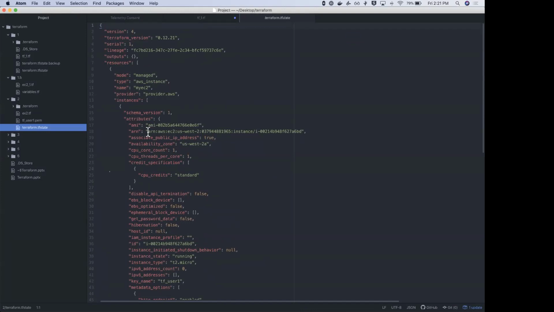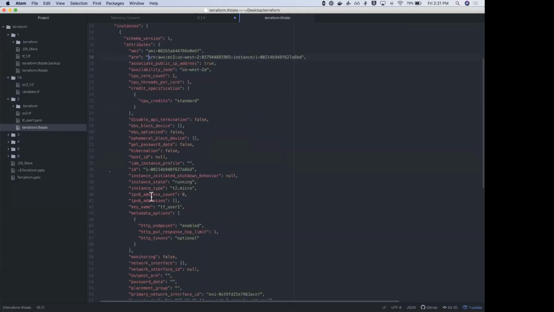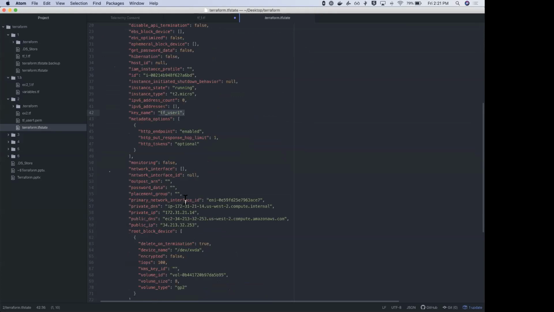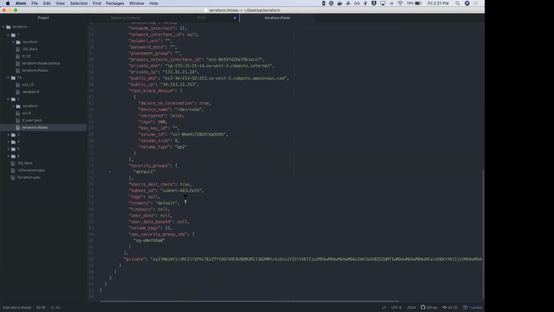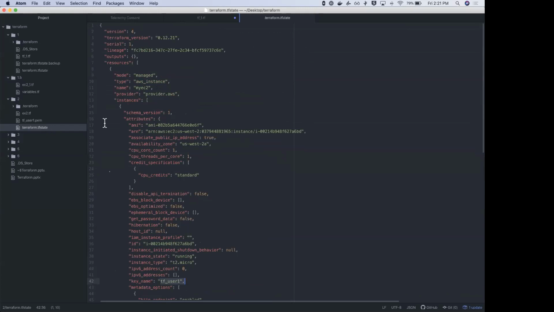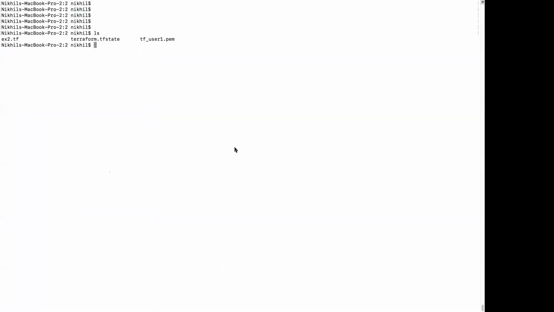ARN is a very unique number that is given to this particular instance. What is the ID, what is the key name associated with this, and all of that. So all these details you'll usually see in the terraform.tfstate file. If you're not able to open this file here, you can open it in the command prompt as well.